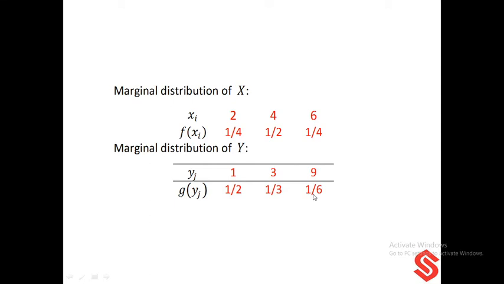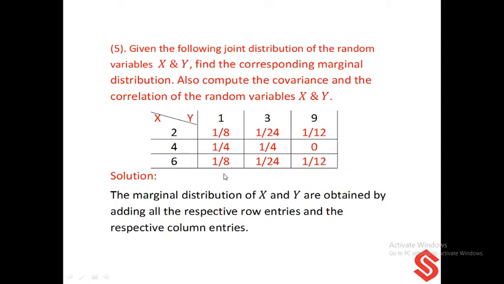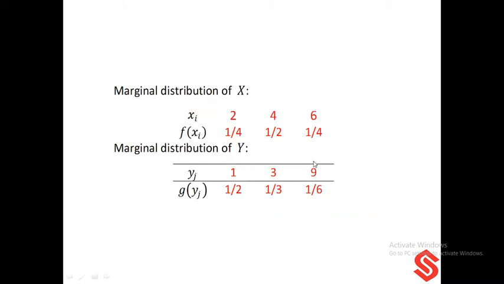by 6. So by adding the columns you will get g of y1 is 1 by 8 plus 1 by 4 plus 1 by 8, and g of y2 is 1 by 24 plus 1 by 4 plus 1 by 24, and g of y3 is 1 by 12 plus 0 plus 1 by 12, and that is the marginal